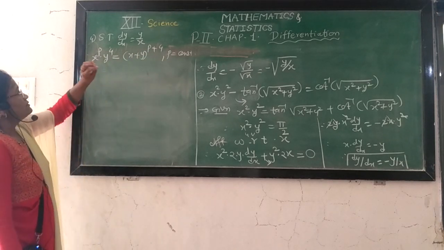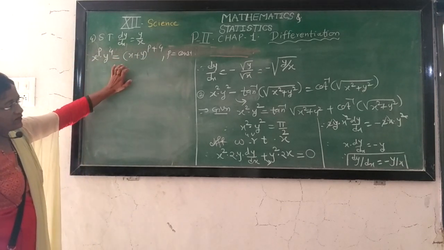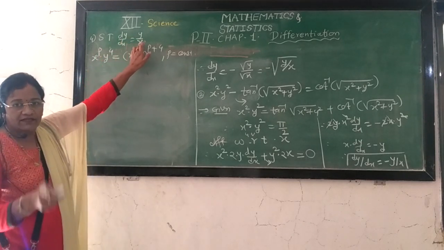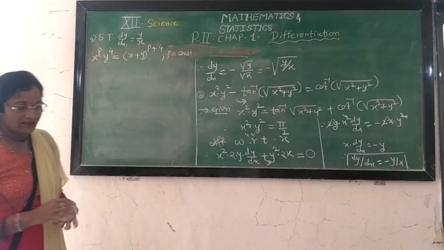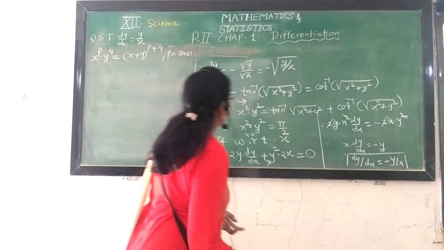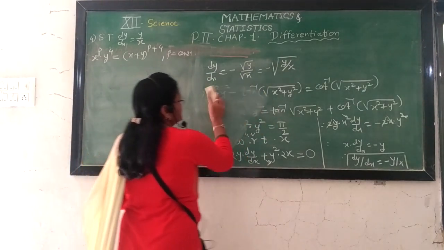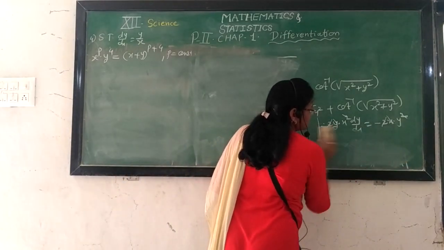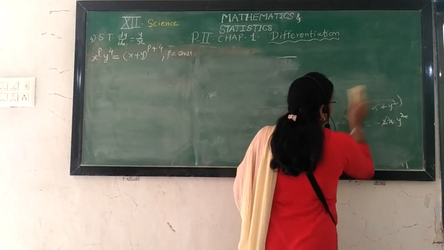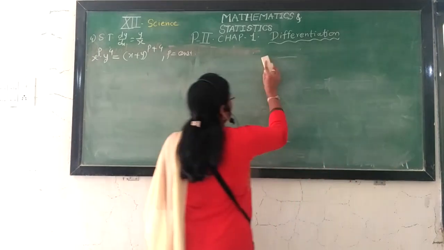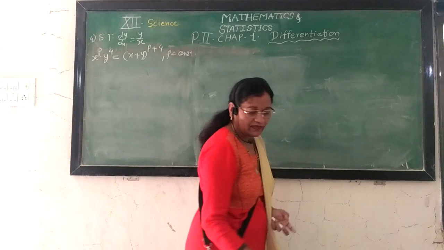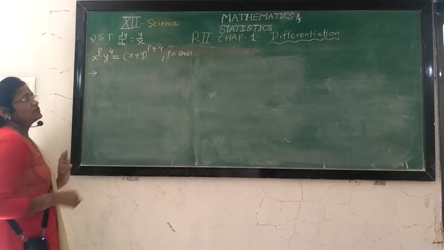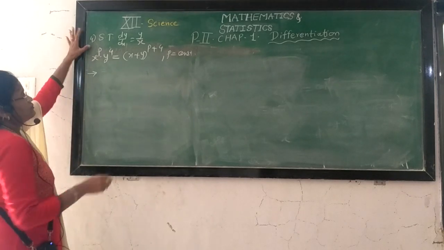Remember that for the functions for which the first derivative is y upon x, the second derivative is always 0. Therefore these are some special types of examples for finding dy by dx, because if we differentiate dy by dx again, we get the answer 0. So remember that this is a special type of function whose derivative is always y upon x.